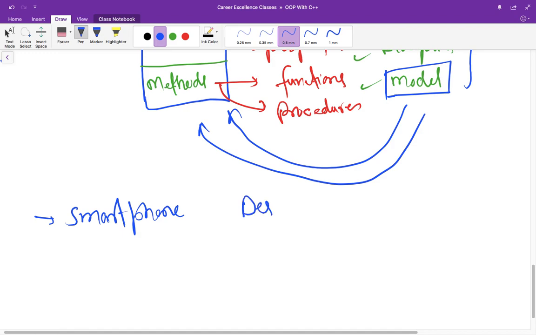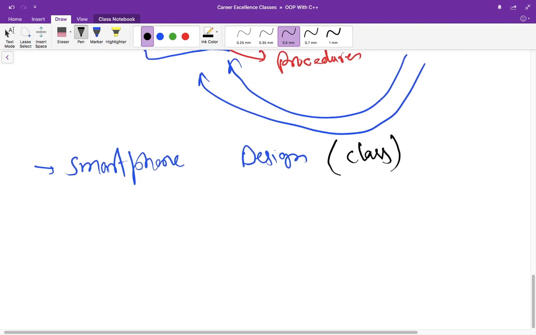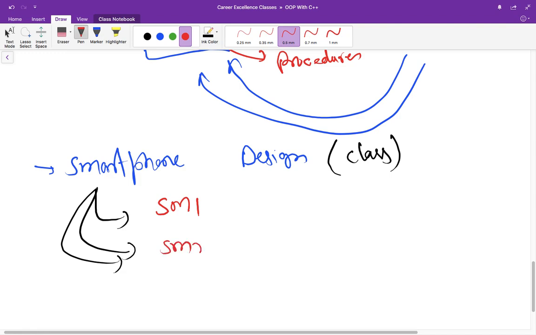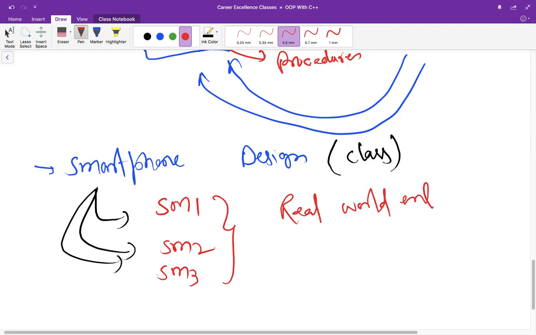It is just a design, so it can be called a model or prototype or class. But when you start developing multiple smartphones from that, like smartphone 1, smartphone 2, smartphone 3, these are real world entities and are called objects,